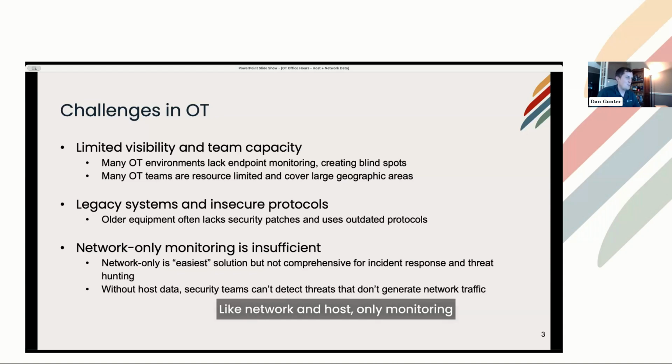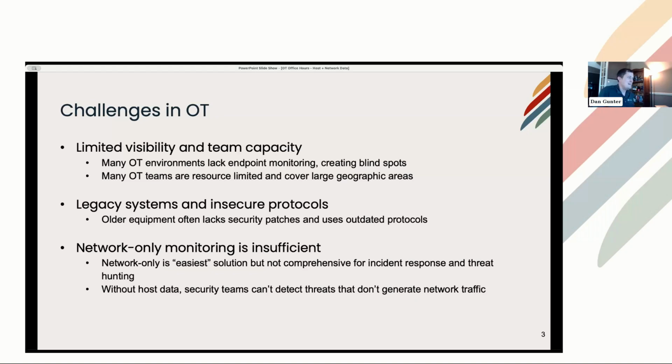And to that side, network and host only monitoring on its own isn't really enough, right? It's an easy solution, but you run into cases where you're like, hey, with either my network or host solution only, it's good at raising the red flag. And then I have to pay an incident response retainer a lot of money to come in and manually do that human piecing together of what's going on. Without that host data, it can be really hard to correlate down to what the actual source of the threat is. John, what do you think?